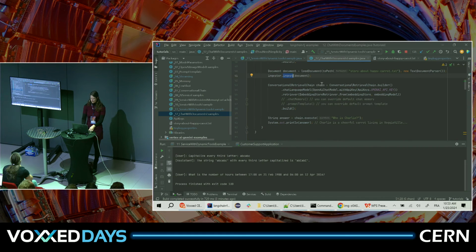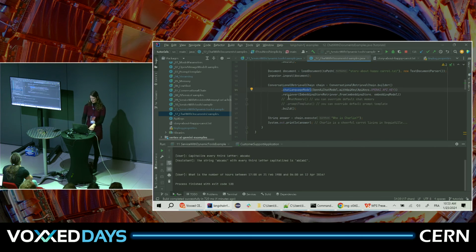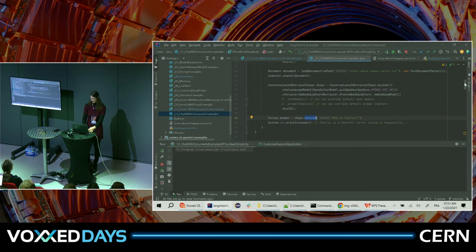And then we're going to build a conversation chain with our language model, so it's different from the embedding model, right? This is going to give us a real proper answer. The embedding model is only for the semantic search part. And then we're going to retrieve with an embedding store retriever, where we have our embedding store with everything, and the embedding model, which should really be the same embedding model because the vectors differ, the way they're coded differs. And then we can use execute to actually call our method, and we ask who is Charlie, which of course without a document it would not possibly know.